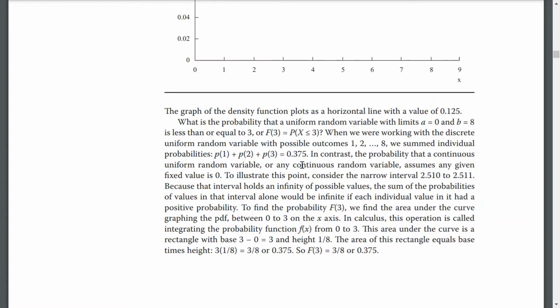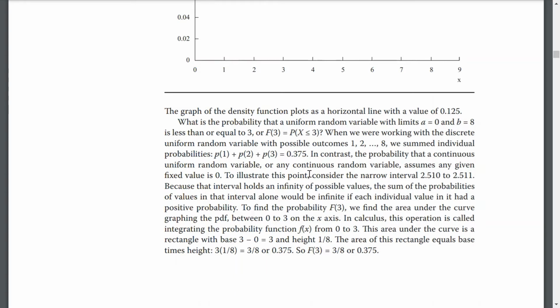To find the probability F(3), we find the area under the curve, graphing the PDF, between 0 and 3 on the x-axis. In calculus, this operation is called integrating the probability function of x from 0 to 3. The area under the curve is a rectangle with a base of 3 minus 0 equals 3 and a height of 1 out of 8. The area of the rectangle equals the base times the height, or 3 multiplied by 1/8. So F(3) equals